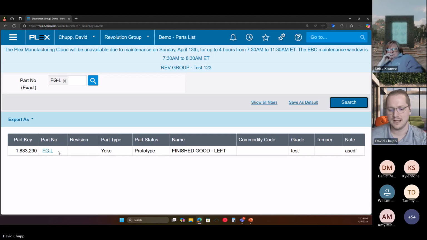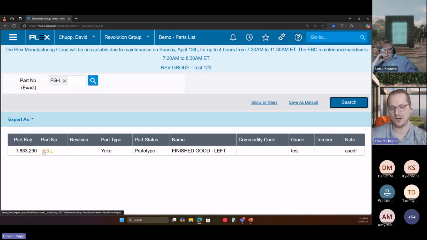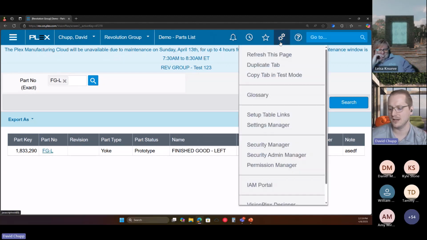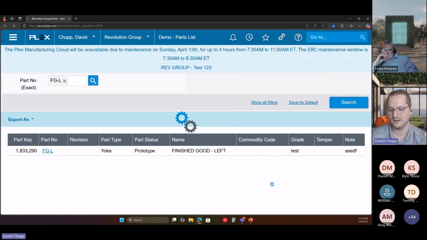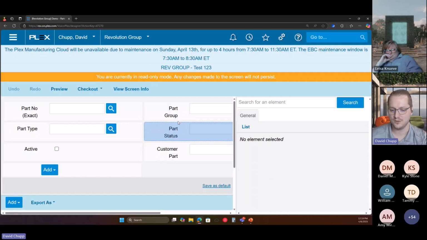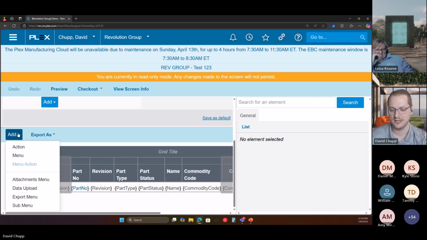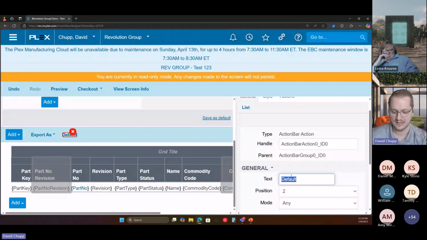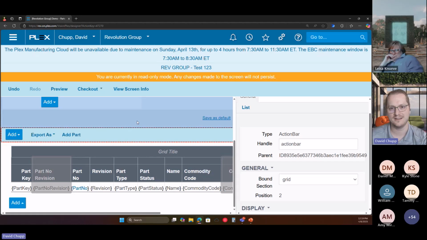Now to kind of go beyond this, right? You saw how we did this as an expression box to take us to this VP screen. You can go further, which is out of the scope of this presentation here. But you can go further by going into this grid here. You can imagine if you did an action and coming in here, add part, you could build out another VP screen that has all of the information you want to add on this part